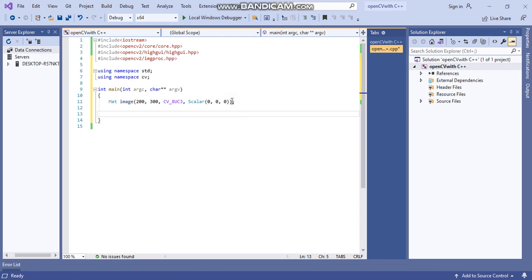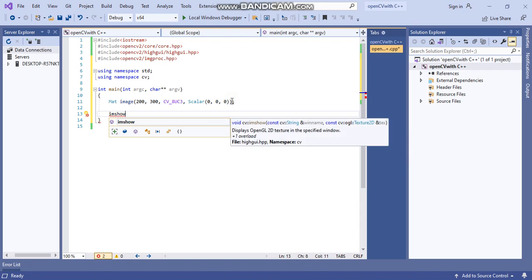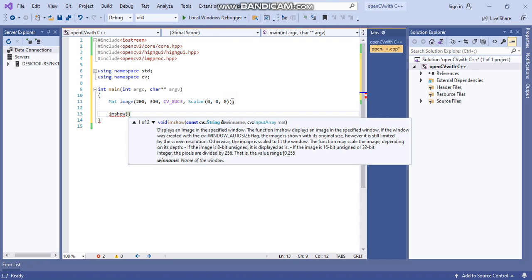Now if you want to see this image, you can write imshow, okay, imshow, and in quotes you can write this is our matrix image.